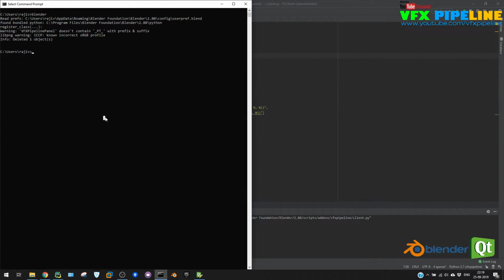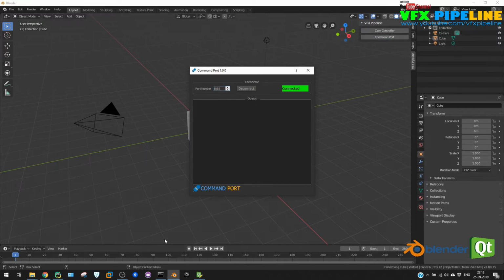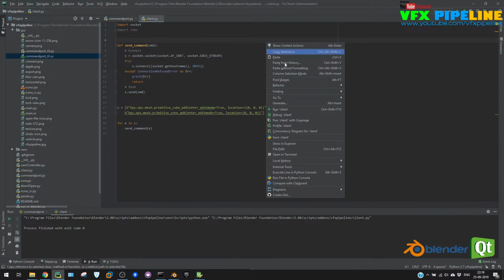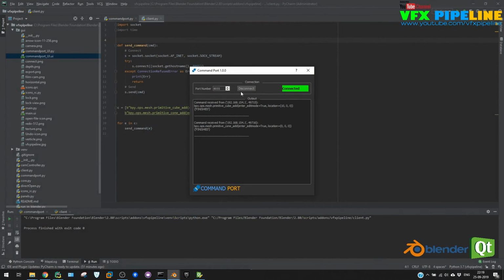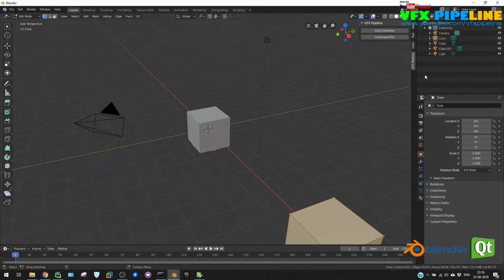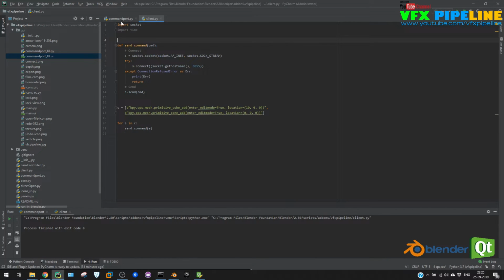Let me start Blender from command line. All right, so let's go here, VFX pipeline, command port, connect, and go back to our IDE and run it again. Perfect. And let's see here. So here you can see that we are receiving some output. Perfect. And we also see that commands are executed here, and these commands are actually populated using our command port